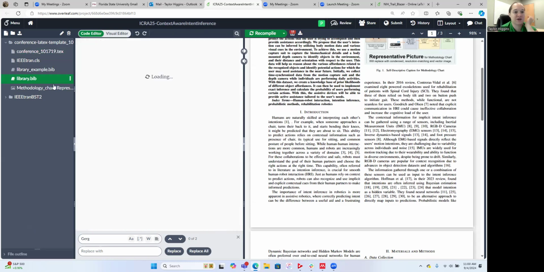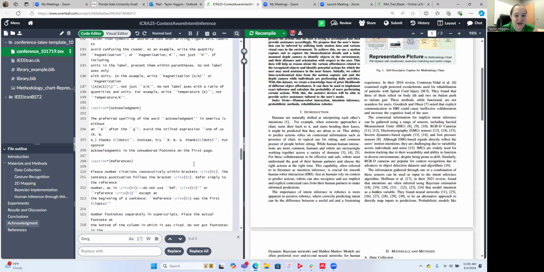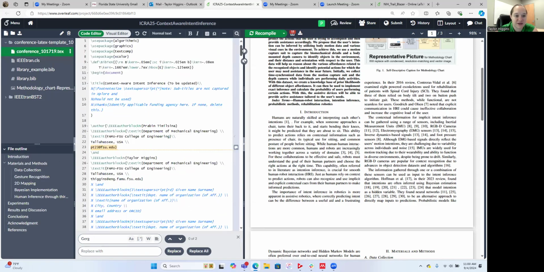2007. So let's go over here. I think that was this one. So this is the citation in the .bib file that he's trying to reference. So we need to refer to it as CISPRA 2007. I'm going to Control C on that key, go back to the main document,